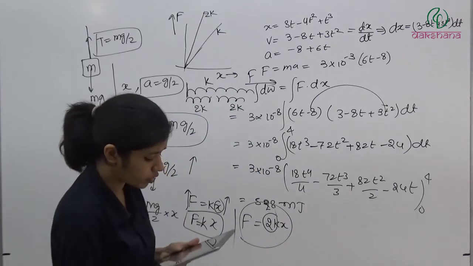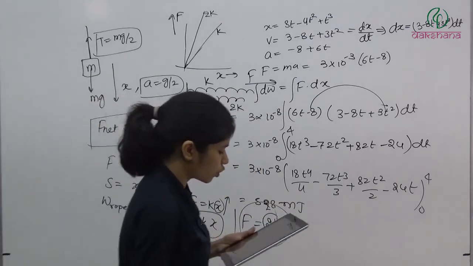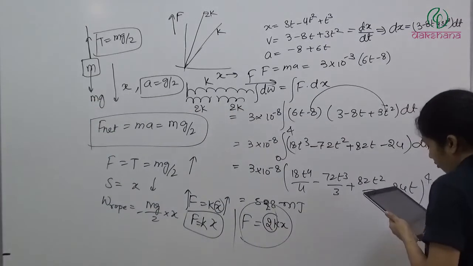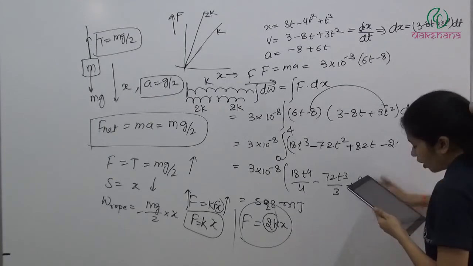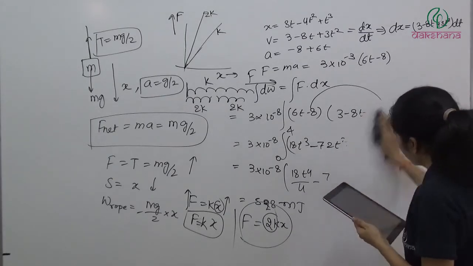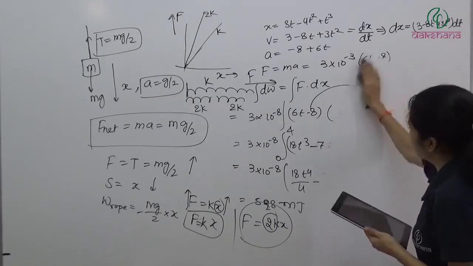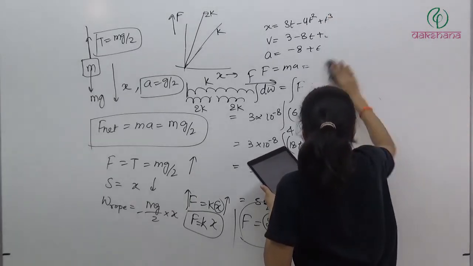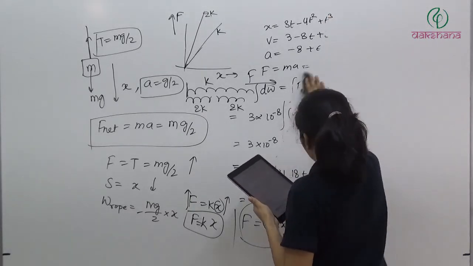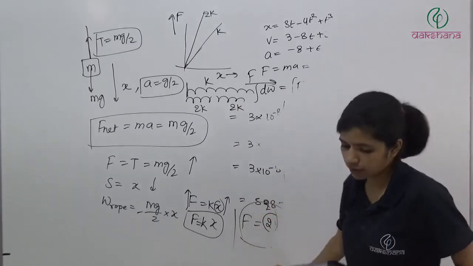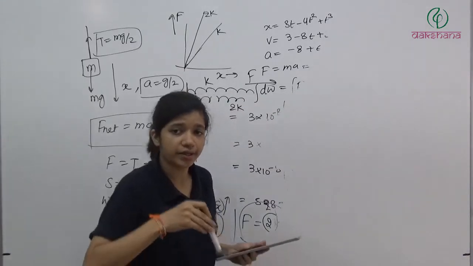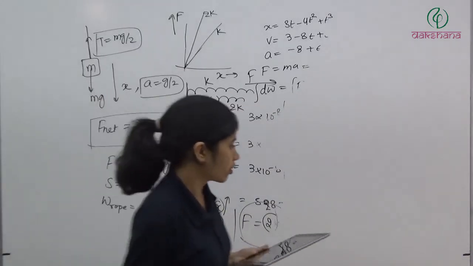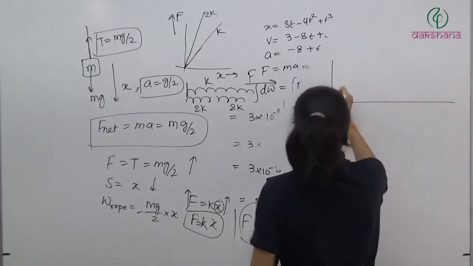The work done by the force in displacing a body from x equal to 1 centimeter to x equal to 5 centimeter. So we have a graph of force in dynes versus displacement in centimeter. I'll just draw the graph so that you can try the question again. All the questions, you can listen and try and then see the solution. Okay, so now we have force.